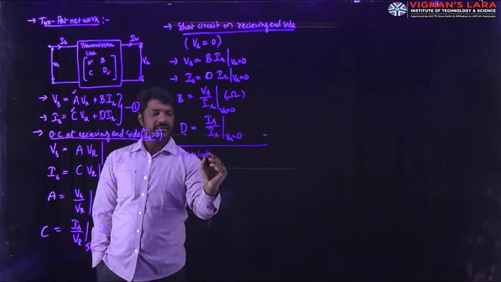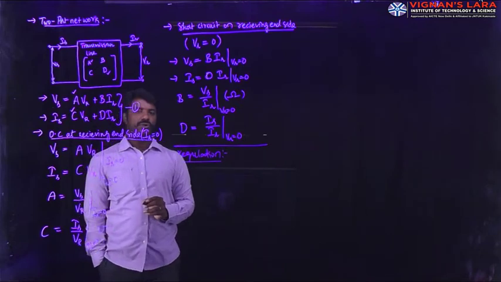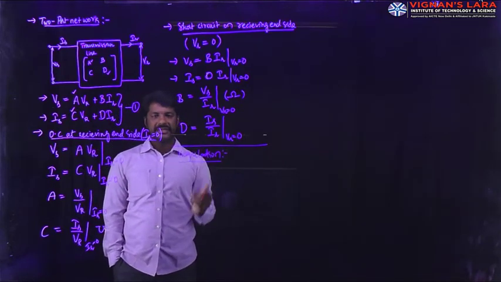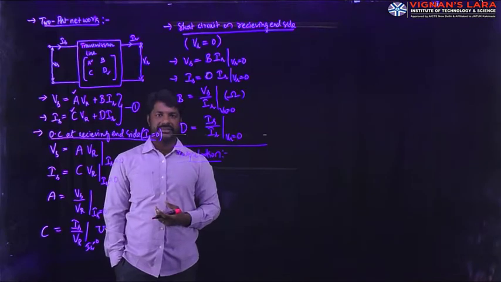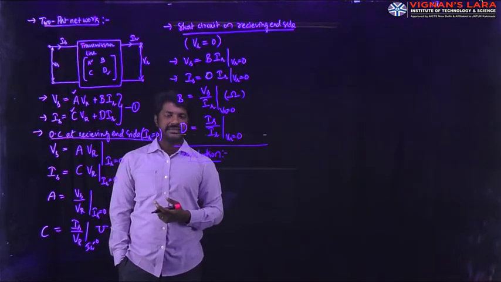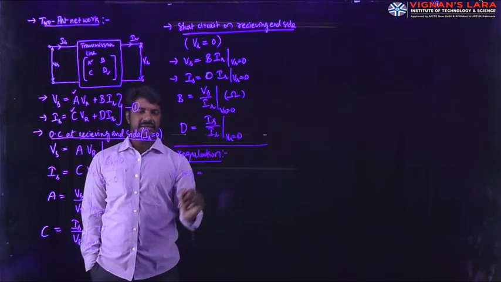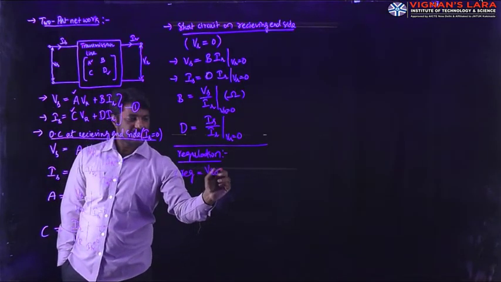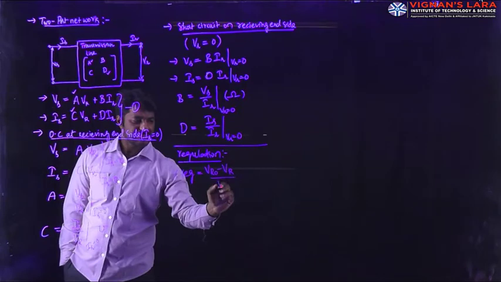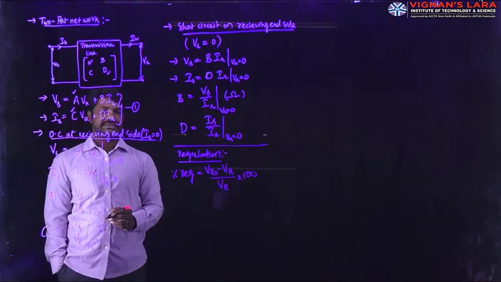As we know, the regulation is nothing but the amount of voltage deviated from full load to no load. Whenever the load is reducing gradually, there will be a deviation in the voltage. So the percentage of deviated voltage in terms of full load voltage is called regulation. Anyhow, we discussed this in the previous classes. And the mathematical formula for percentage regulation is equal to the no load voltage VR naught minus the full load voltage VR, expressed in terms of full load voltage, multiplied with 100 to get percentages.